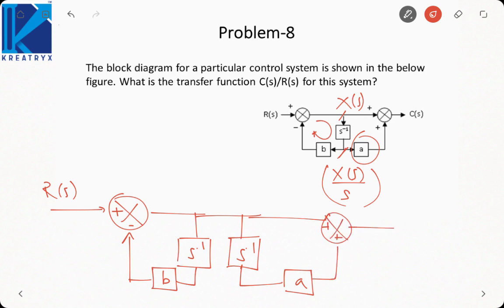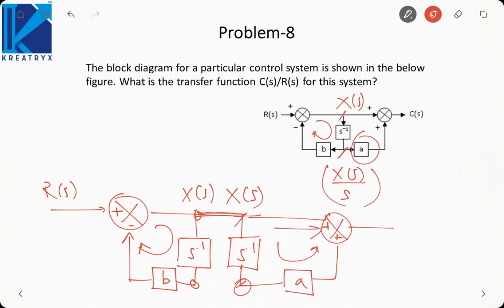Okay, now how I have done this is, if the signal is XS here, it will be XS by S at this point, and if it is XS here also, because these both are shorted, it would be XS by S here. So the entire operation of the system is not changing. Whatever the signals were earlier, the signals are the same here. But now the benefit that I am getting is, this is a feedback loop and this is a parallel path.